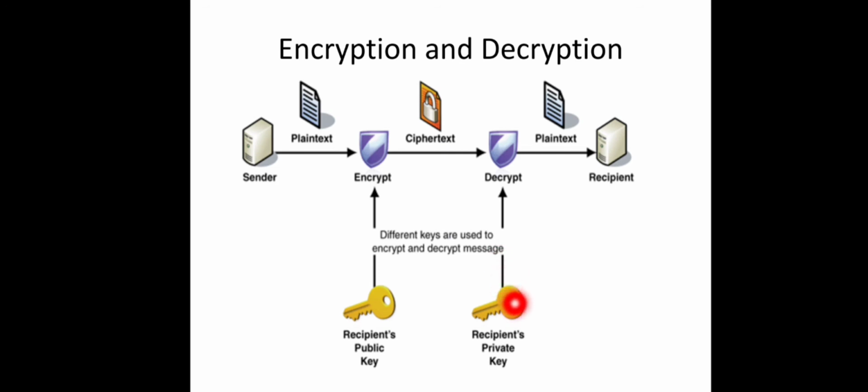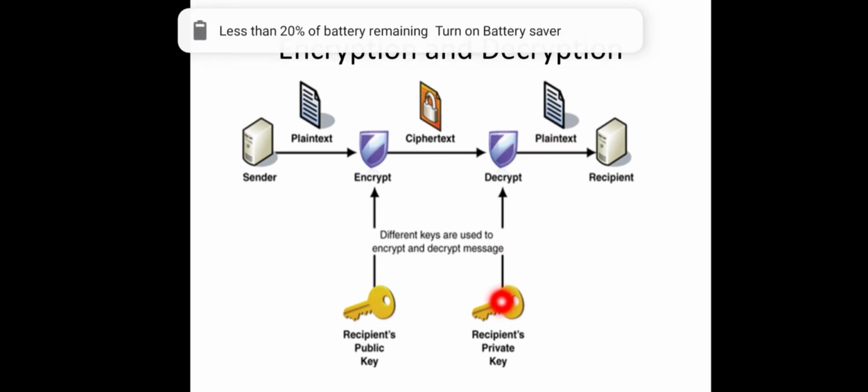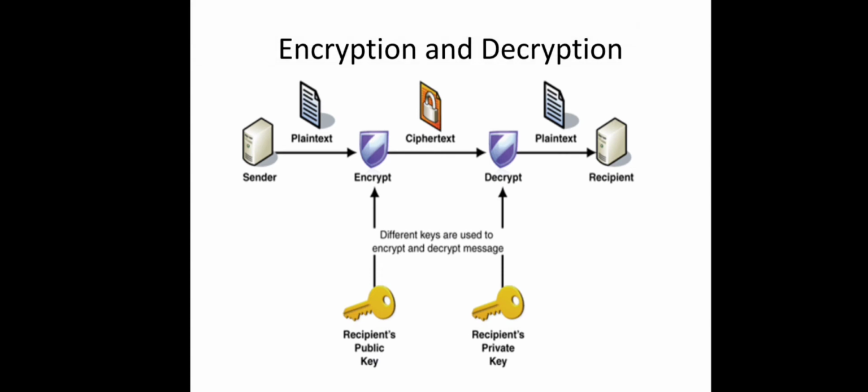That is the decryption, that is converting back the ciphertext into plain text, can be done only by the process which has the private key. Okay, and only the intended recipient will have the private key. That is a specialty here. So a key exchange also will be done between the sender and receiver. A lot of algorithms are there to generate the key also, that we will see later.